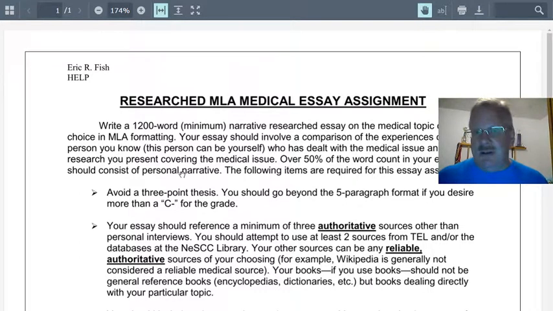I've had some do it on animals like feline leukemia. Can be a little difficult. It's hard to interview a cat and ask the cat how they feel about their treatment and stuff. But I've had a couple of successful essays head down that road. Also, as you're thinking about possible medical topics in the person, it doesn't have to be a life-threatening condition.